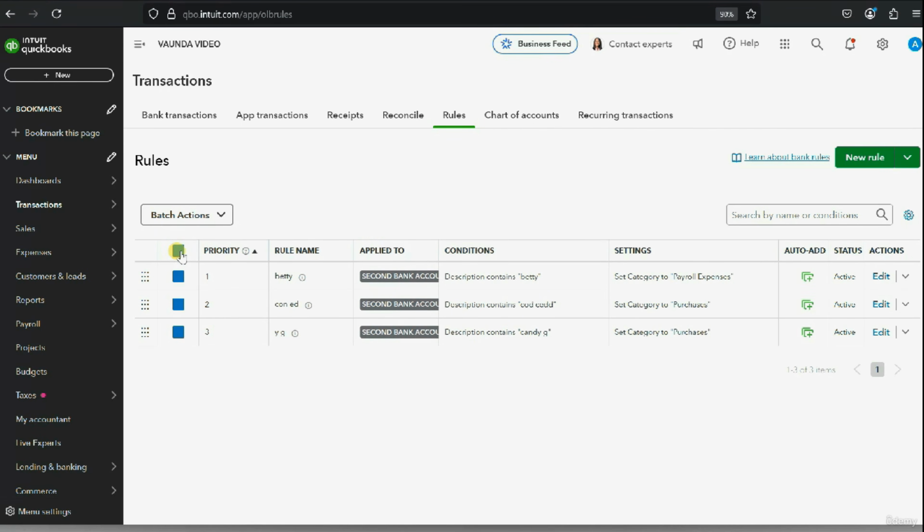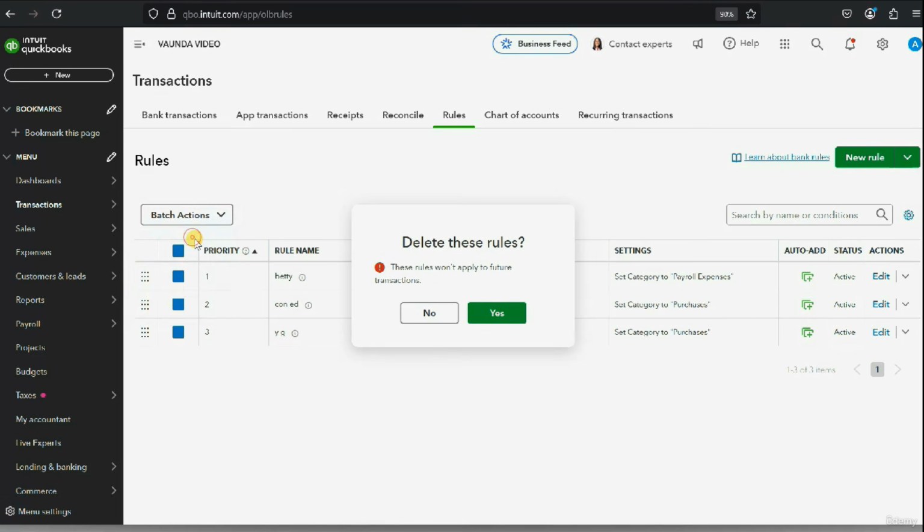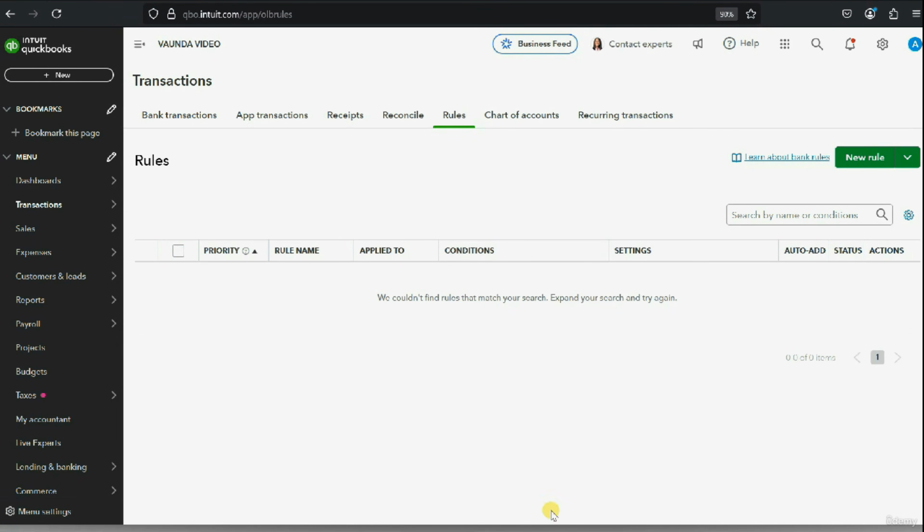Make sure they're all selected, and then the pull down for batch actions, and then click Delete. Are you sure? Yes. Okay. Now